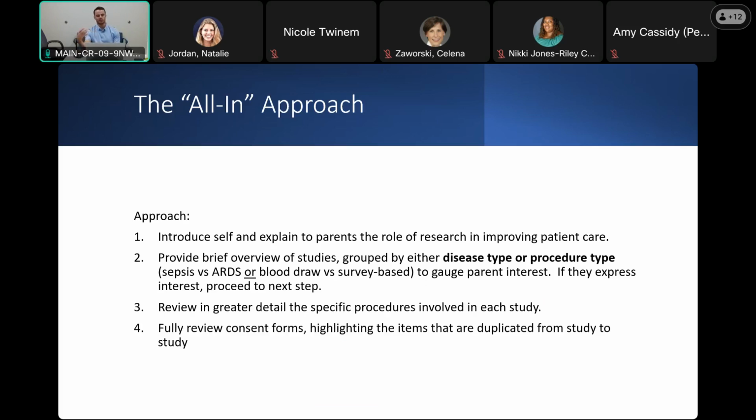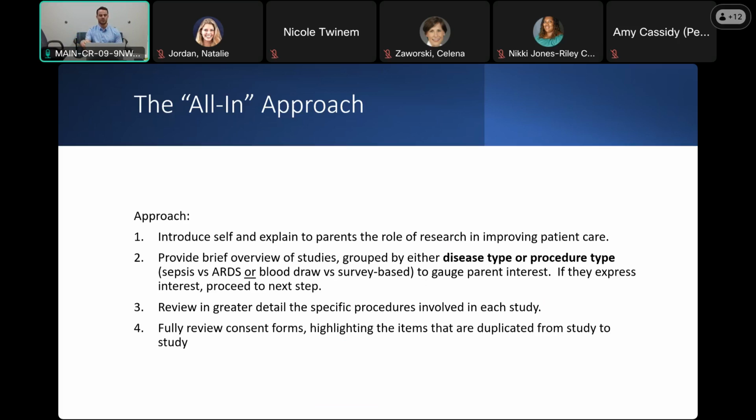Once we get a general gauge of how the parents, or the legal guardians, are regarding the studies that we're approaching for, I'll generally get an indication from them somehow, like, is this something that you're interested in? Do you want us to proceed further with these consents? And I'm always giving them opportunities to ask questions along the way because I know it's a lot.